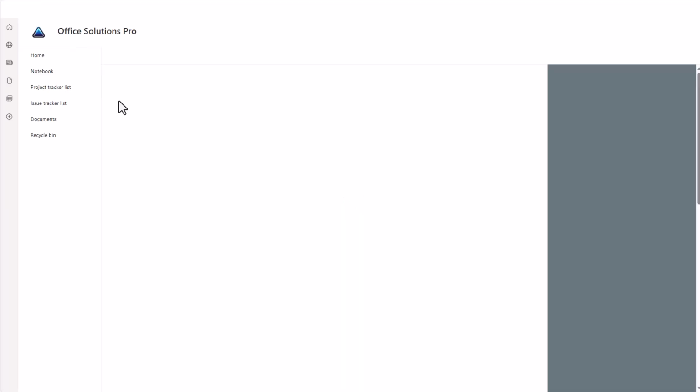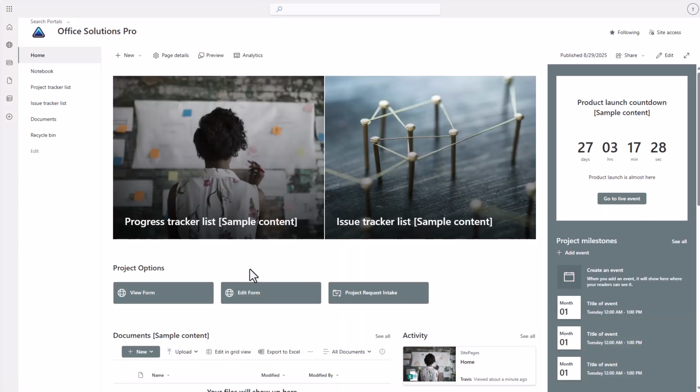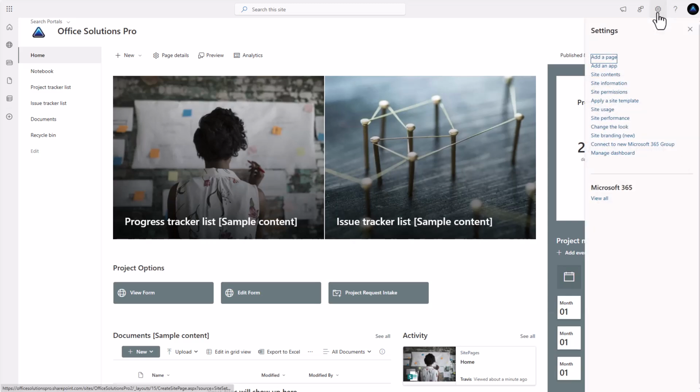Let's refresh. Now, what do we need to do to make it so they can only view it? If we wanted to say, hey, you can add it, but you can only view it after it's been added. All the edits and anything else will happen by the project managers or the team that handles this process. What we need to do is come up here to our settings option here, and we need to go to